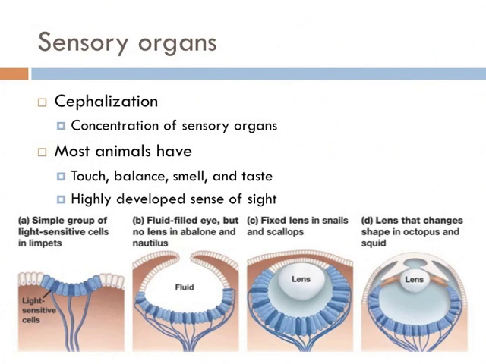Nautilus have a fluid-filled eye, but no lens. This allowed them to detect the direction of light and dark, and that was about it. A major development came when the lens came around. A lens is a dense, glassy, organic tissue that allows animals to focus light onto light-sensitive cells. This adaptation was the first to allow animals to see shapes.